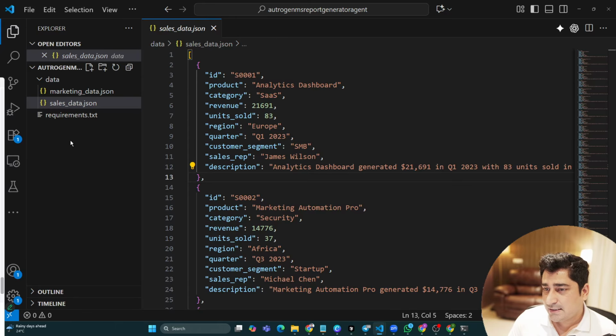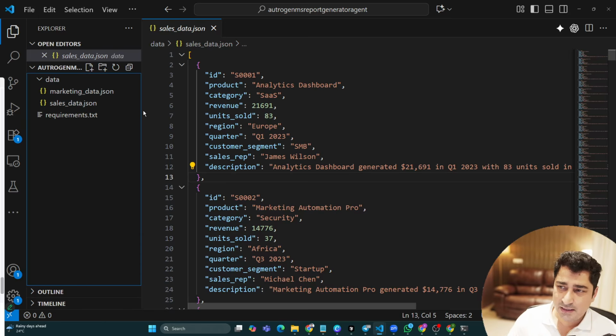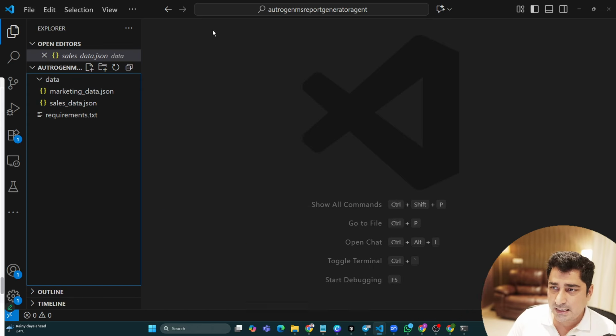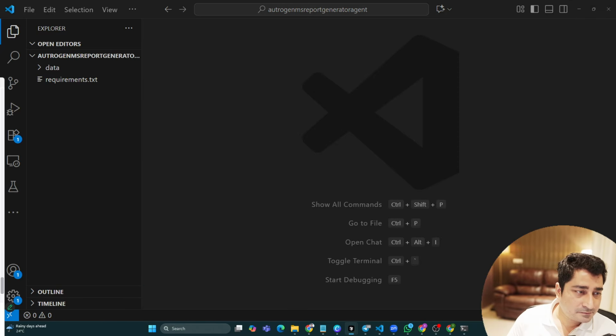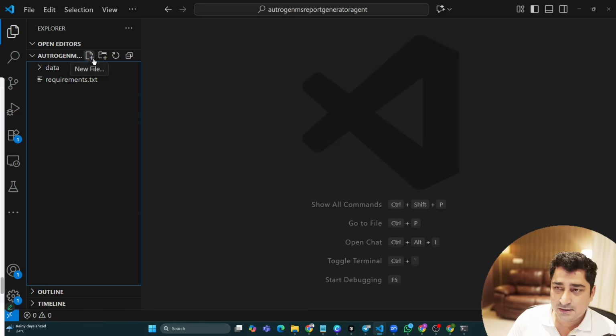So we have two data sets. Now instead of using these two data sets, I can try to connect with two different databases, maybe any databases or maybe any other system. So this is the folder where I'm keeping the data. Now what we are going to do is basically create a file called maybe